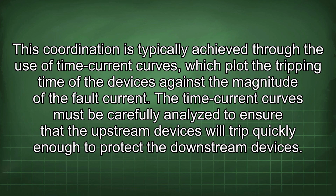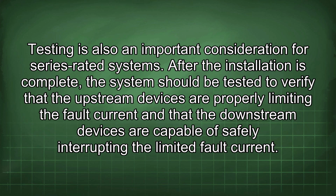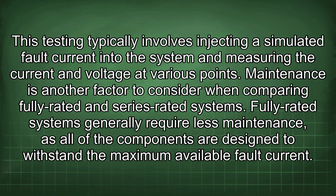the downstream devices. Testing is also an important consideration for series-rated systems. After the installation is complete, the system should be tested to verify that the upstream devices are properly limiting the fault current and that the downstream devices are capable of safely interrupting the limited fault current. This testing typically involves injecting a simulated fault current into the system and measuring the current and voltage at various